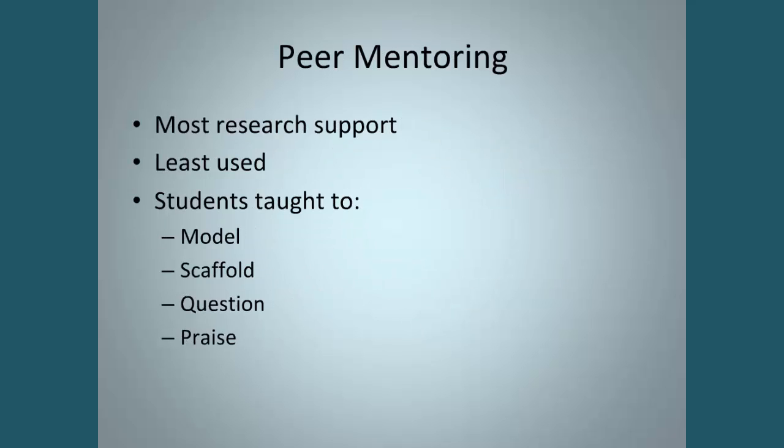Peer mentoring, as I mentioned before, has the most research support and is the least used. So students are taught to model, to scaffold, to question, to praise, to help their